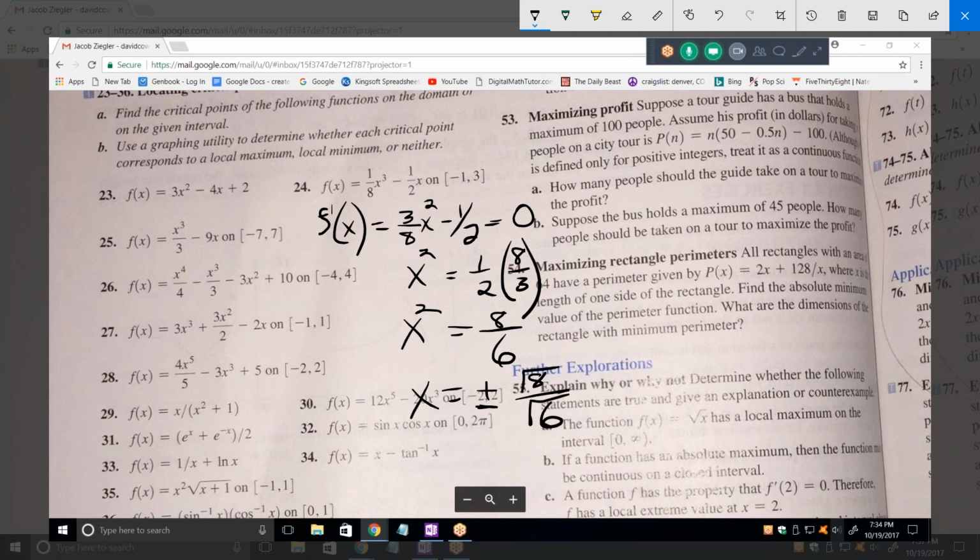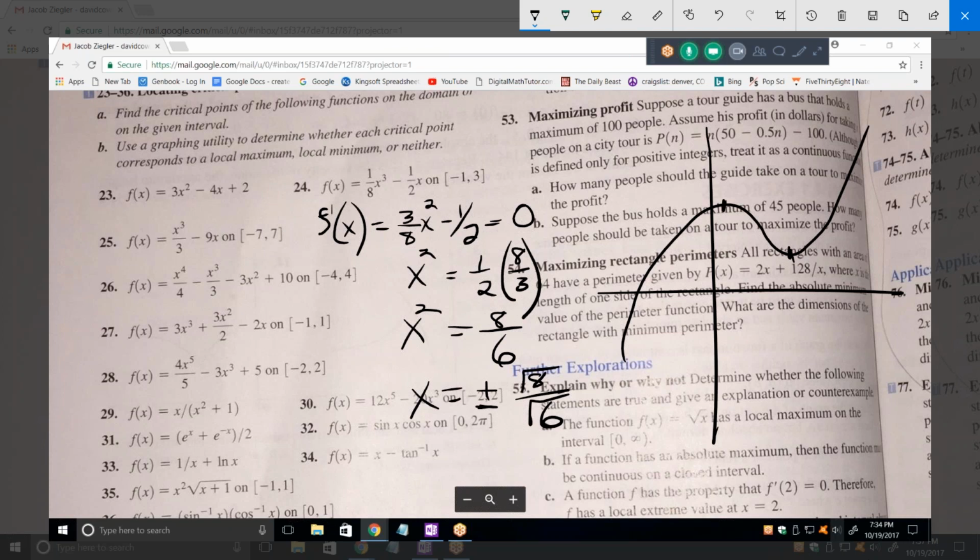The original function is a cubic function, and cubic functions tend to look like that. So you would expect to find two places where the slope of the tangent line was 0, and we did. There's one place, there's another place. Okay. One of them is plus root 8 over root 6, and I won't bother rationalizing that or simplifying it,